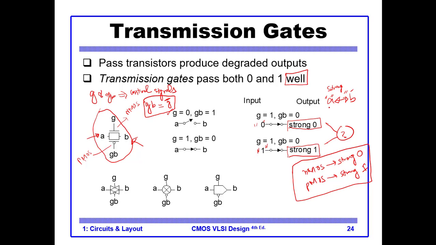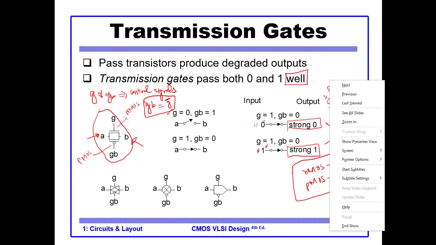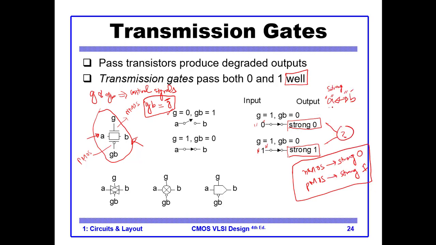If the A is 0, it is strongly connected to B. If the A is 1, it is strongly connected to B because there is no degradation across the transistor. Okay,